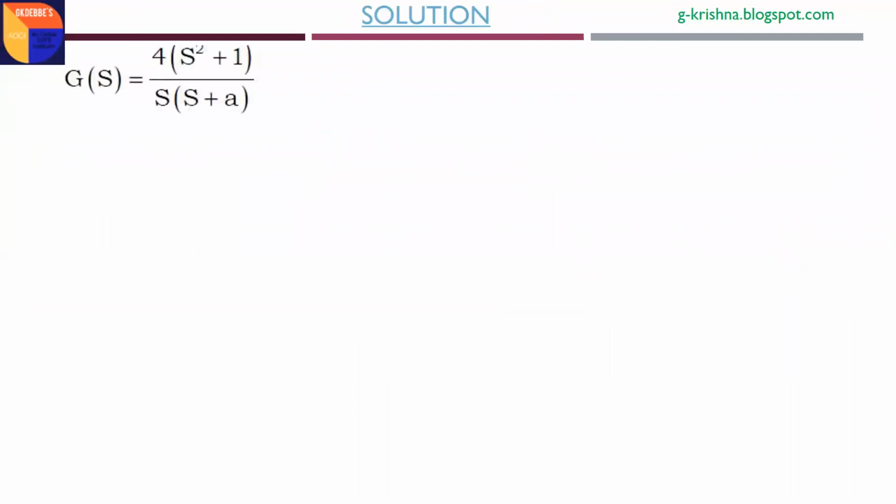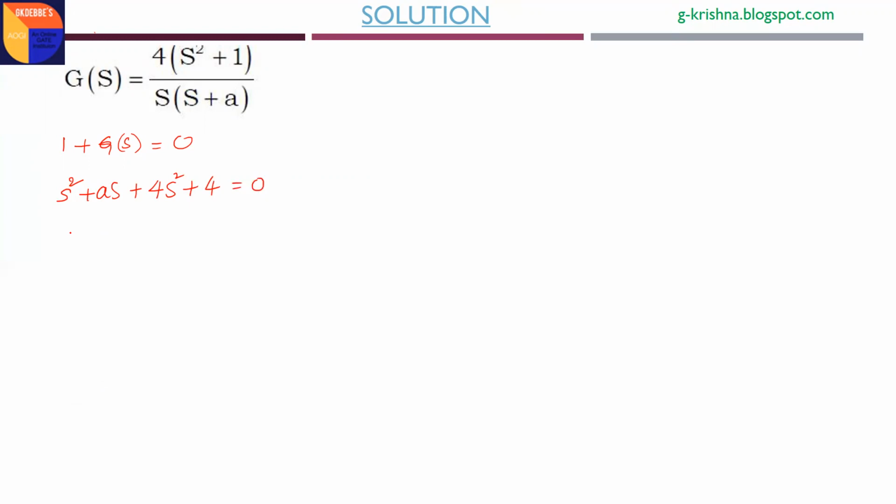The given open loop transfer function is this one, and the variable parameter should be located in the numerator part. Only with that parameter varying from 0 to infinity can we draw the root locus plots according to the Evans method. Hence you have to modify this open loop transfer function such that the parameter a is in the numerator. For that, first find the characteristic equation. The characteristic equation of a unity feedback system is 1 + G(s) = 0. Then we get the characteristic equation as s² + as + 4s² + 4 = 0.